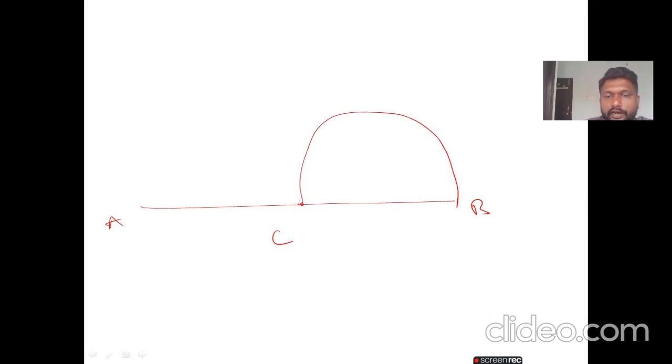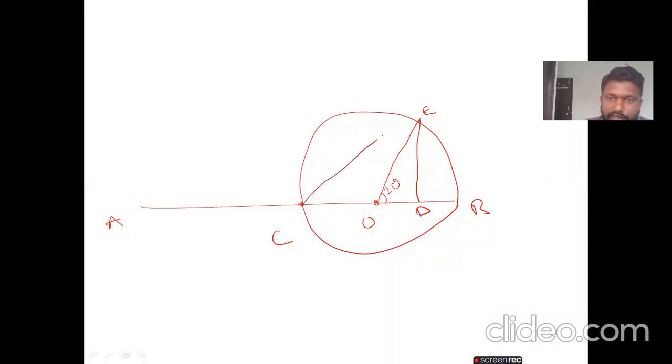Now draw a Mohr circle as I told previously. This is A and this is B, and the center point is C. It is a circle, so draw the Mohr circle like this. From here to here there is a point O, and from here make an angle of 2 theta. It is OE. Next, from E to D, draw a right angle.